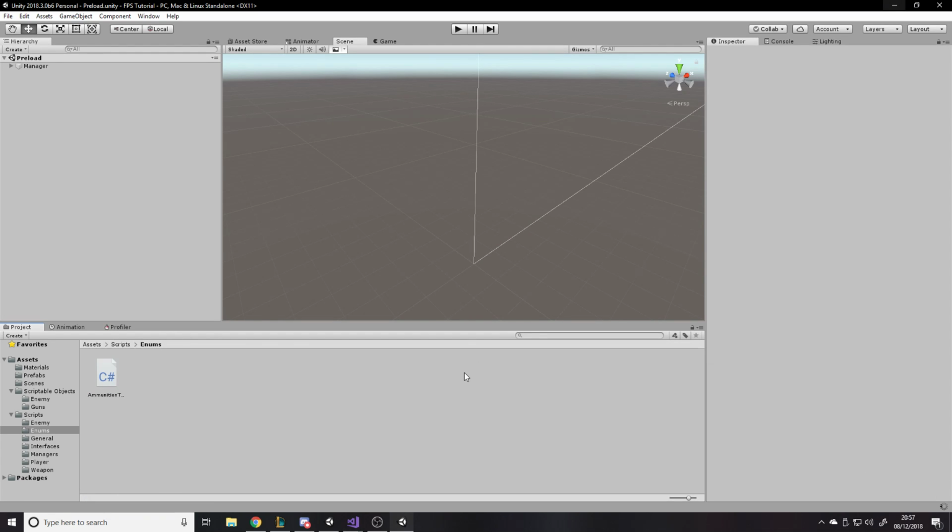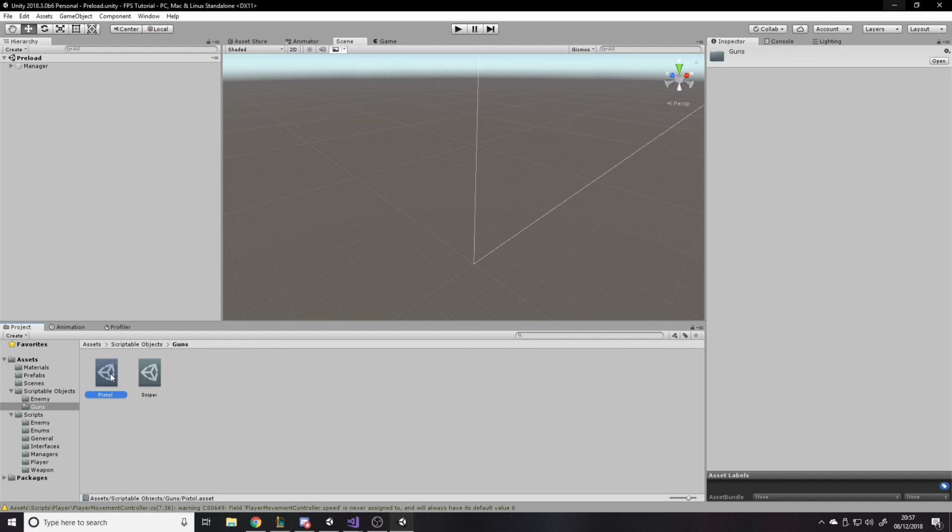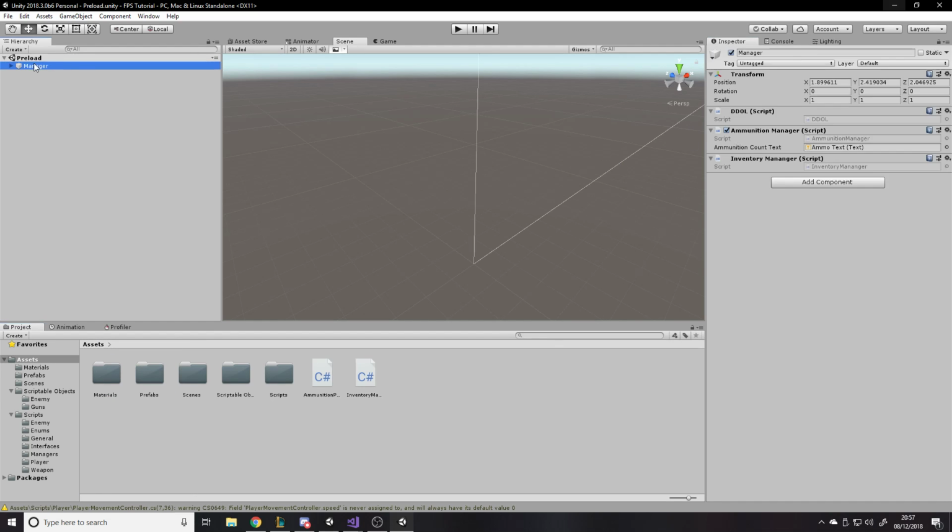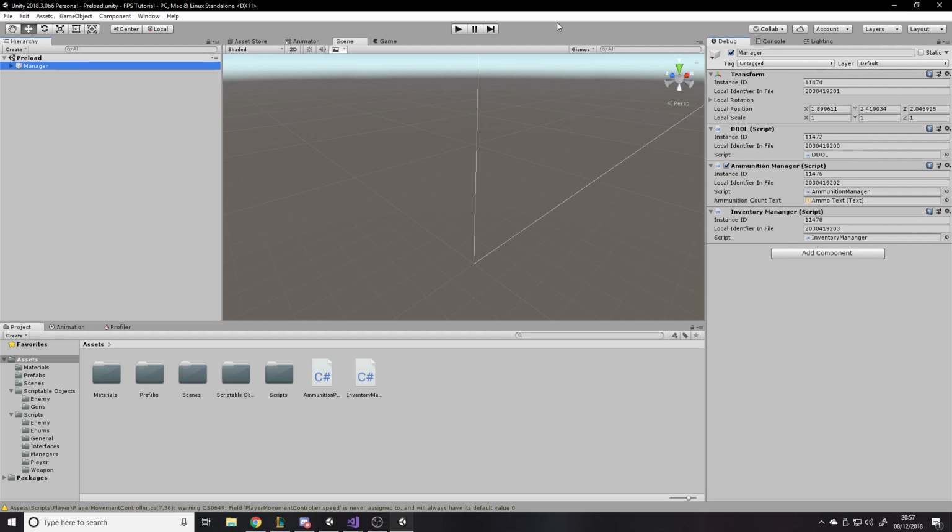So I'm going to give this a quick demo and then that'll be the video done. We've done quite a bit there actually. So if I go back to my guns, and we're going to say pistol uses light, and sniper uses heavy, like so. And we can go back to our manager, and on the thing we can put it into debug mode. Now if I press play,